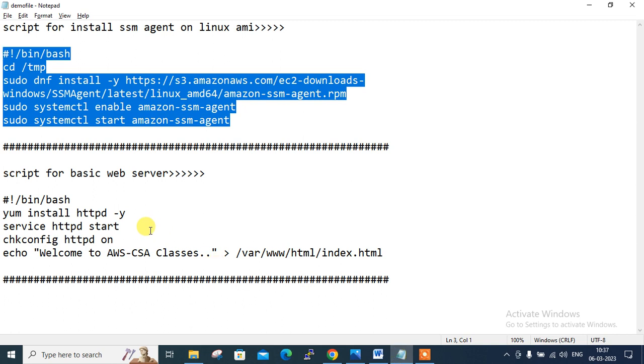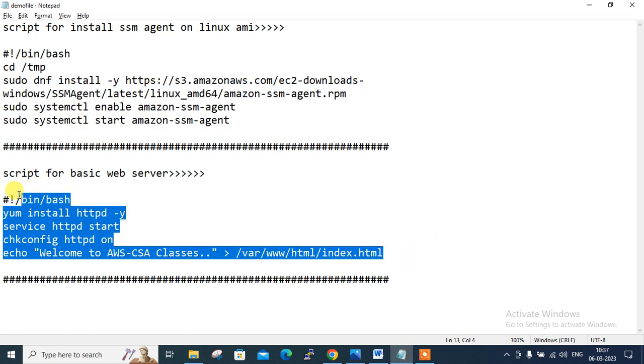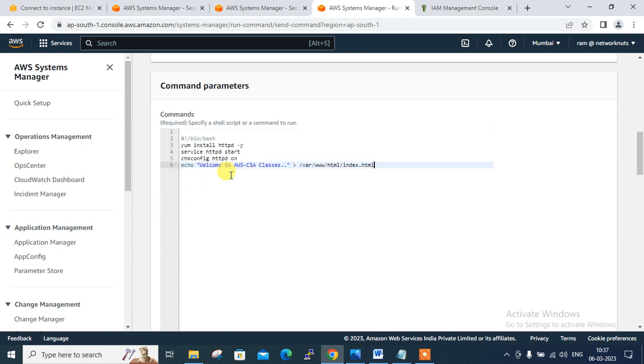So again I'm going back, and this is the basic web server script. Let me copy and paste it here. This is a basic script where I have mentioned under bash: install Apache, start the service, make it permanently on, and this is the welcome message to AWS CSA classes, right? So now